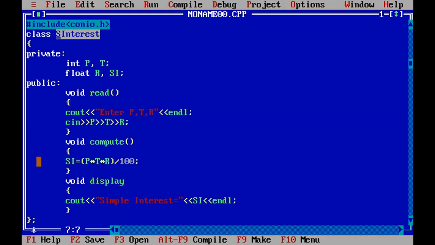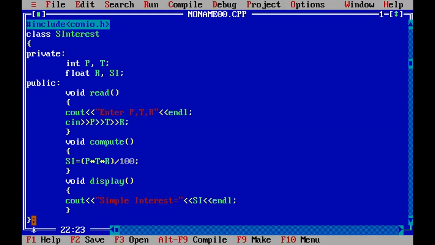Member functions can be defined in two different ways: one is by defining inside the class, and the other is by defining outside the class using the scope resolution operator. Here I have taken an example of how you can define the member function inside the class. So read, compute, and display are your member functions, which are defined within the class definition.